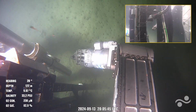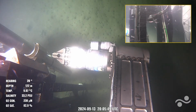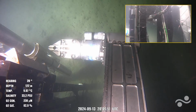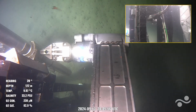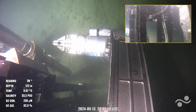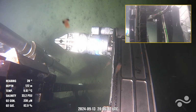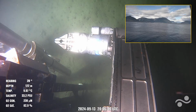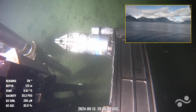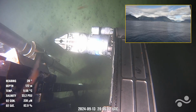Oh, and this is really fun. While we're down here in mission control staring at the seafloor, our colleagues have just messaged us that the sun is out. It's a beautiful day here in the Bay of Chaiten. Oh, and now Sophia is a mind reader over there. She's just put up a view